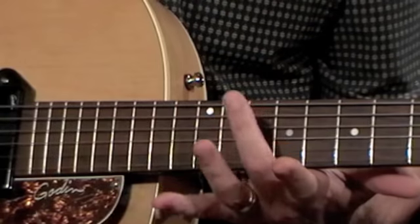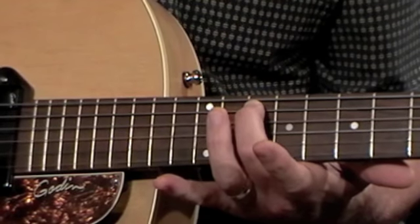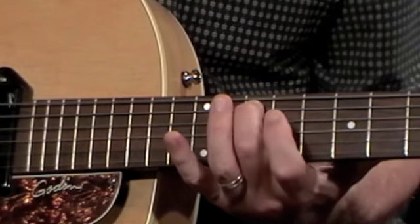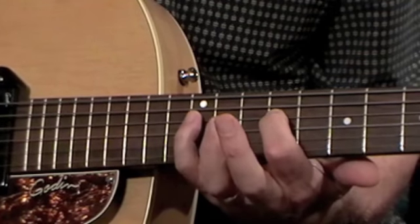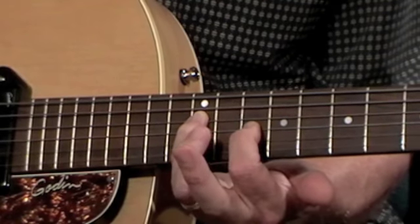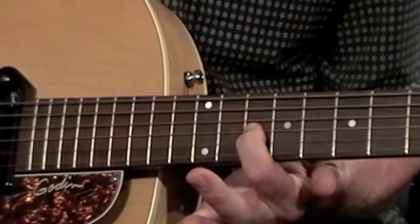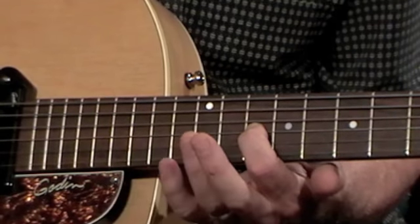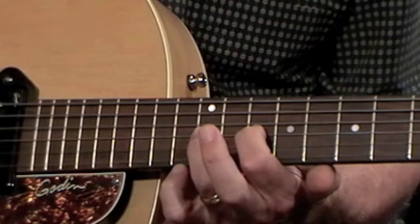And now we need a dominant 7th pattern for the G7th chord. So I've got my 2nd finger on the G note, fret 10 on the 5th string, straight up to the 3rd with the 1st finger, up to the 5th with the pinky. Then I advise bringing that 1st finger up a fret to grab the flat 7 note there, fret 10 on the 3rd string,